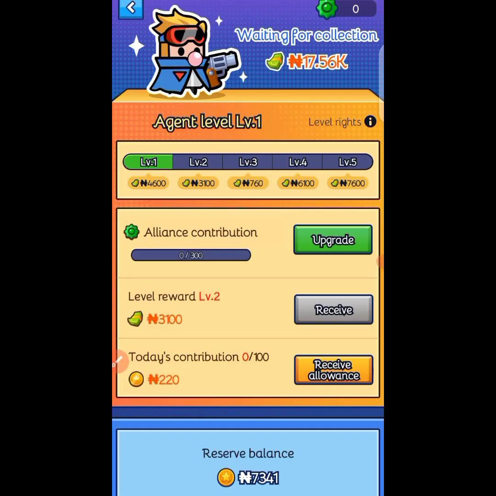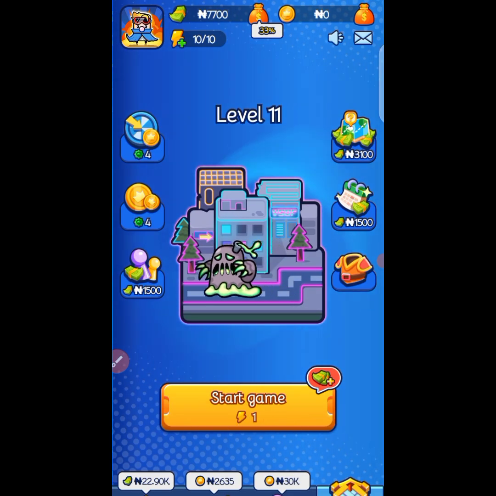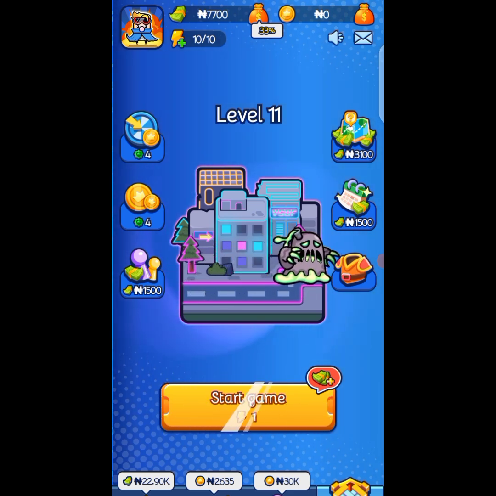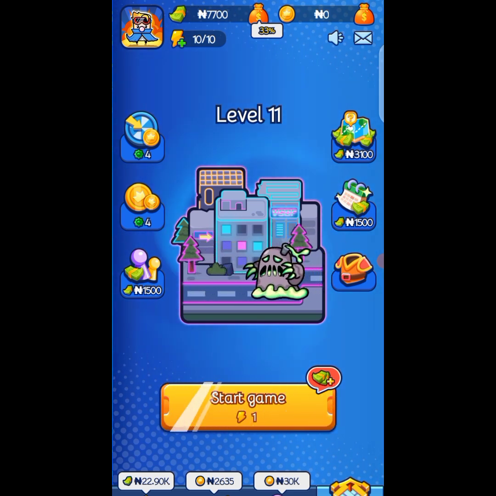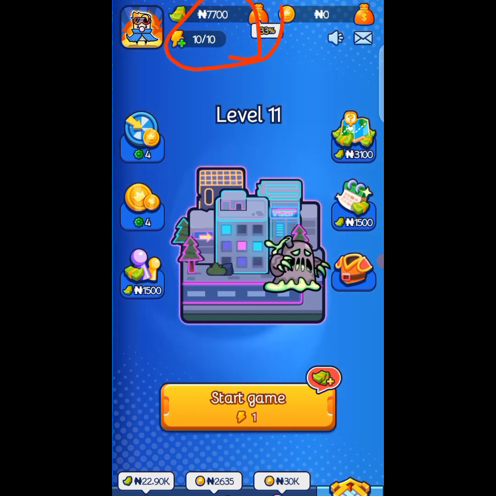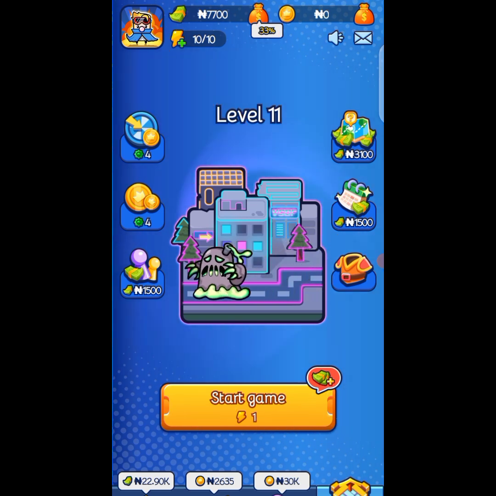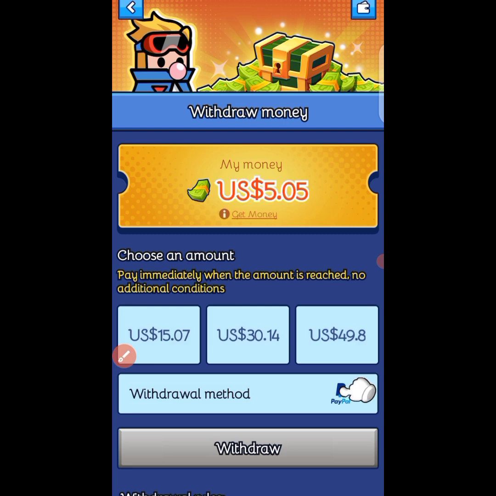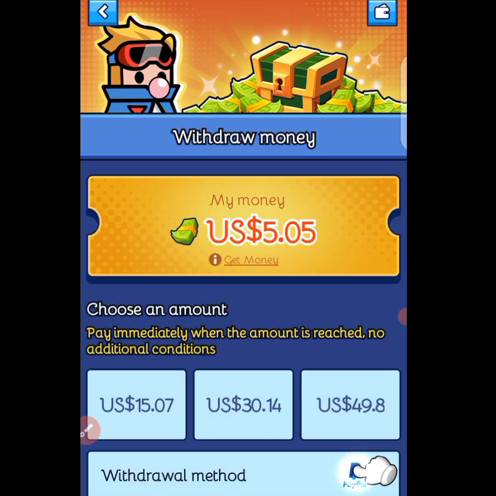Sorry, I just went back to the other task for agent level. In order for you to withdraw, the withdrawal for this app is using PayPal. If you don't have a PayPal account, I can help you on how to create it. All you have to do is comment on the comment section if you really need it. I can do a video about how you can open and verify a PayPal account that can accept payment. Here is your withdrawal method, which is PayPal, like I said before, and their minimum withdrawal is